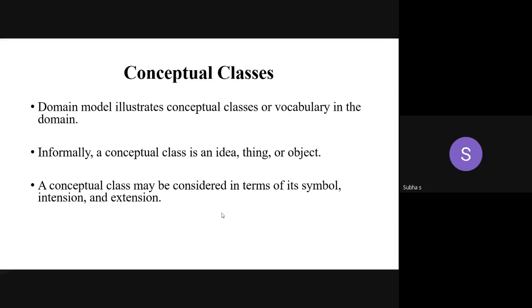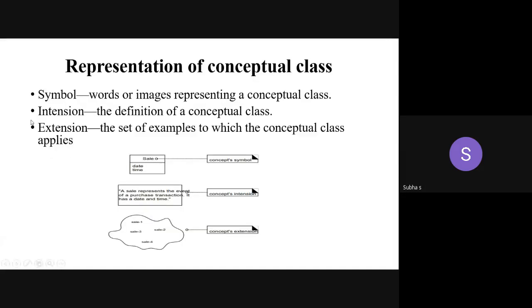This conceptual class can be considered in terms of 3 important components. I can represent the conceptual class by using symbol, or by using intention, or by extension. Symbol means just by denoting a symbol only we can use. Intention means a normal, practical model to denote the conceptual class. Extension means in addition I am going to write some extra things for the conceptual class. These are the 3 ways of denoting the conceptual class, either as a symbol or as an intention or as an extension. You can look at this diagram and get it.